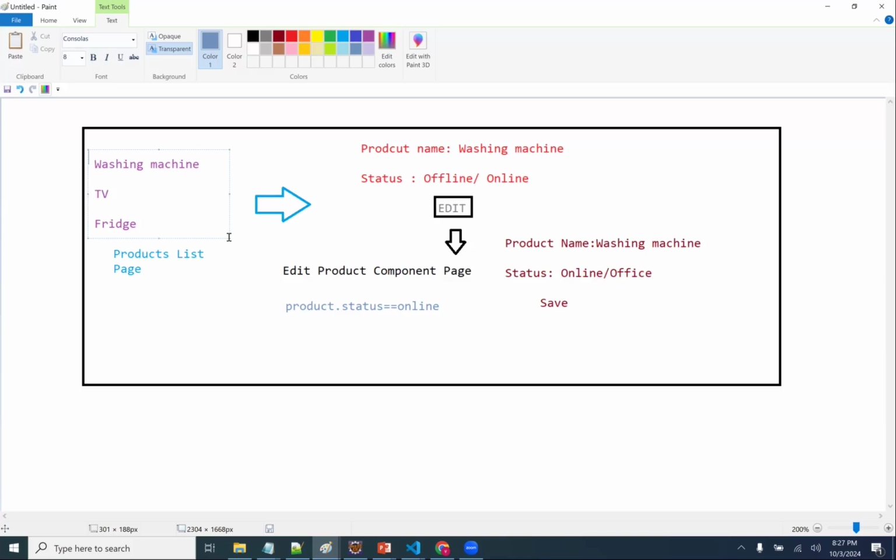Am I directly going to edit products? No, I'm not going to go directly to the edit page. I'm going to go to view products, and from the view product page, I click on the edit button. From there, I'm getting it. So what I'm going to do here,